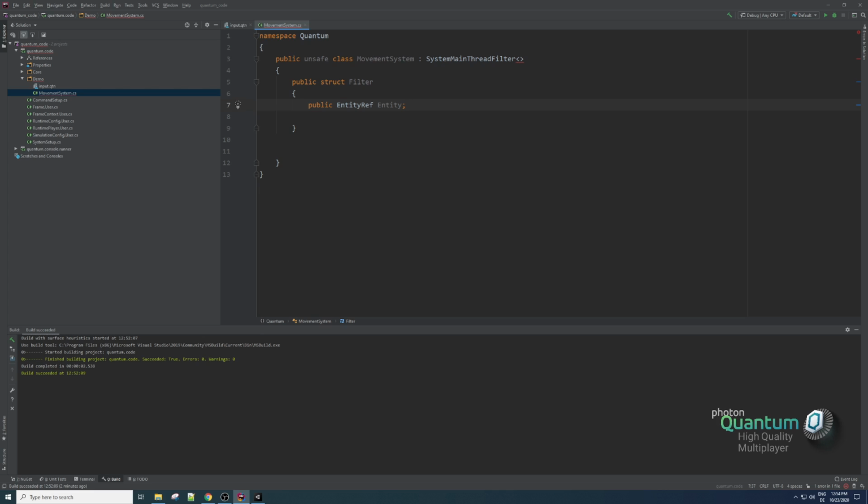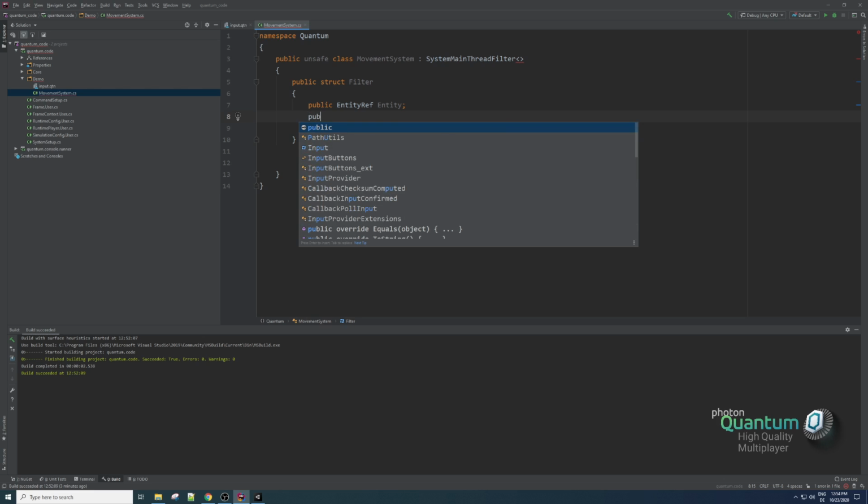It's mandatory that a filter struct has this. So it has to have one property that has the type EntityRef. And then you define the component types you are interested in. In my case, I'm interested in entities that have a character controller. For now, that's the only thing I'm interested in. So I'm just going to add here